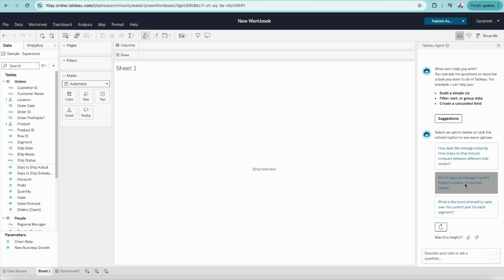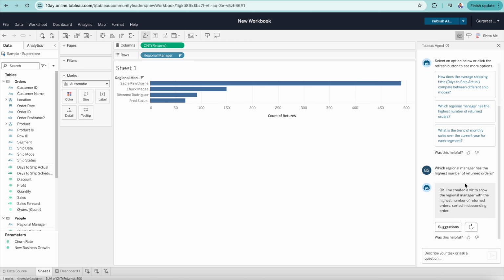So let's pick up this question: which regional managers have the highest number of returned orders? So simply click on that and it will generate a bar chart with the top 4 regional managers who had maximum number of returned orders. So now I want to further analyze on that. Let's say I want to know these returned orders are under which category. So I will ask another question